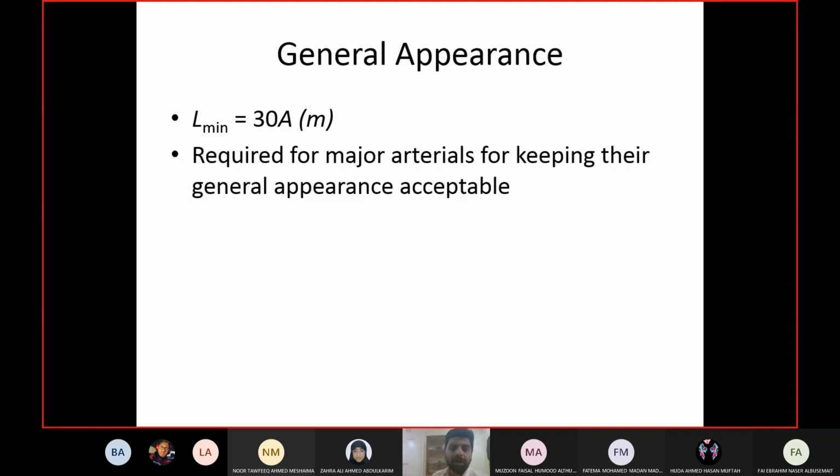If you go to Google and search for these curves, these curves will look like cartoons or a joke. So we don't want to have sharp curves, but they do not look good as well. So according to appearance criteria, the length will be 30 times A, and it will give you the answer in meters, and A will be in percentage. Keep it in mind, A will be in percentage.